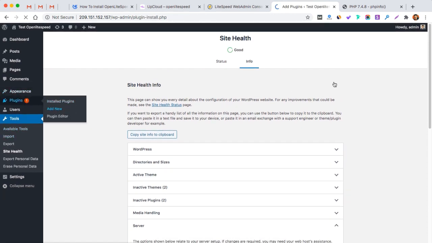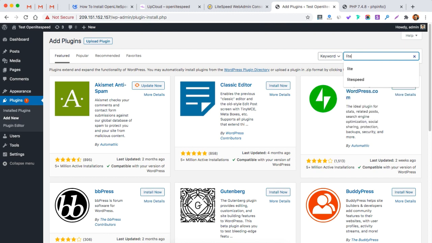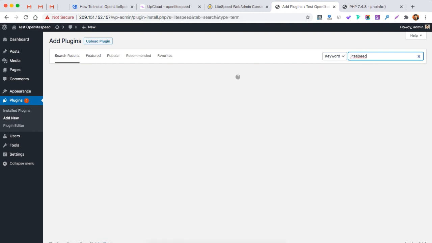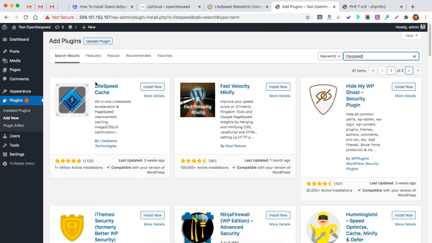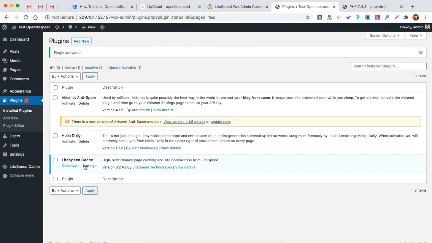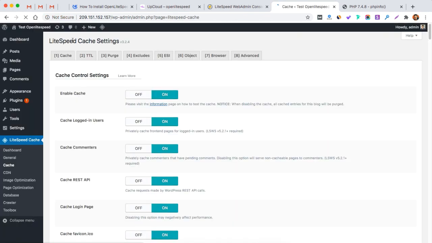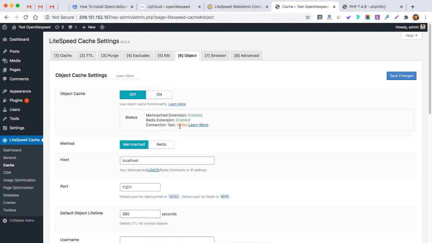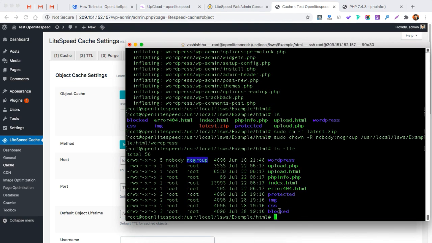Next thing we need to do is to install the LiteSpeed Cache plugin for better and awesome caching experience. The acceleration that LiteSpeed Cache provides is very top notch and unbeatable as far as I've seen and tested on so many websites. So I'll just show you the object caching screen here, so that we need to just fix this connection failed error.